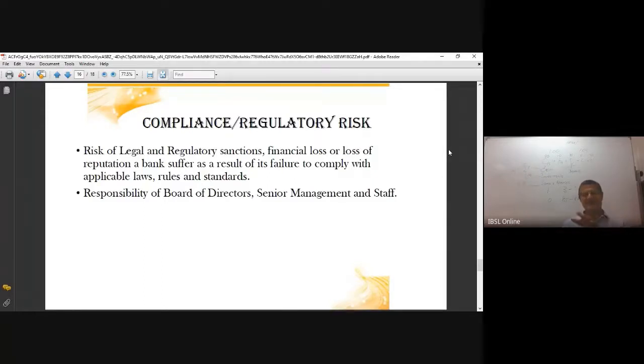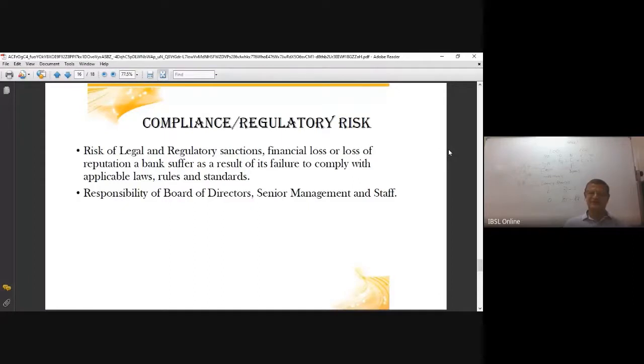And I know at this moment you will not be able to comprehend completely what has been mentioned in those directions, but as time goes on with this particular module, you read page by page and then you will understand very clearly. This regulatory risk gives us guidance for risk management and also guidance on how the bank should operate.